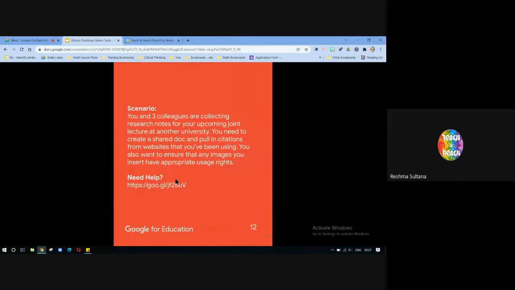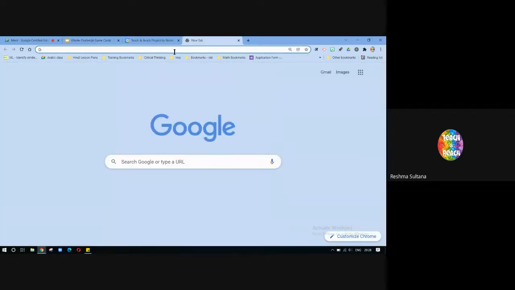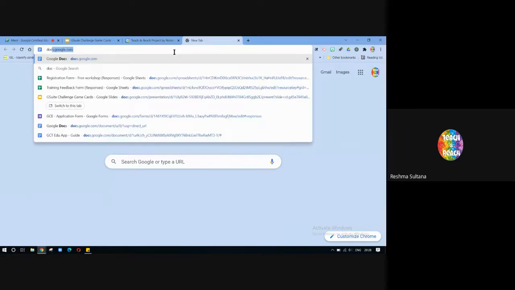Skip the red cards. See, you and 3 colleagues are collecting research notes for your upcoming joint lecture at another university. You need to create a shared doc and pull in citations from websites that you've been using. You also want to ensure that any images that you insert have appropriate usage rights. So, another example I'd like to give. A shared doc is easy, right? Which tool are you going to use when you see the word shared doc? Google Docs. And when you say citations from websites, let's say a worst case scenario, you get this one,